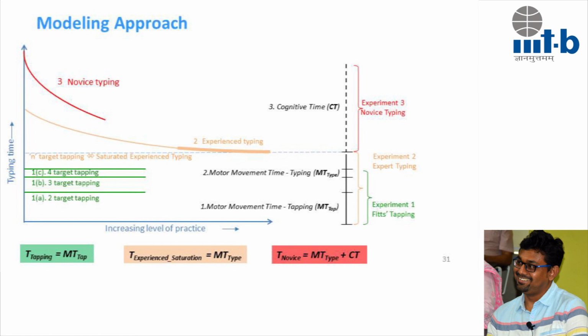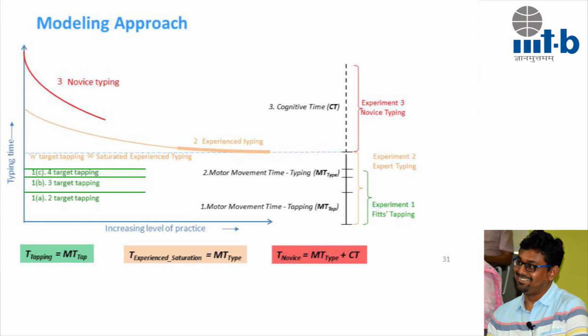So if somebody is given something to type and there is an expert behavior, somebody has become an expert. So you are typing on a QWERTY keyboard, you would tap from key to key. Is it similar to tapping between n keys? So can I use Fitts law with n as my tapping point and extend that law for typing? So when we tested it, we found that yes, it works out because we stress tested these users and found